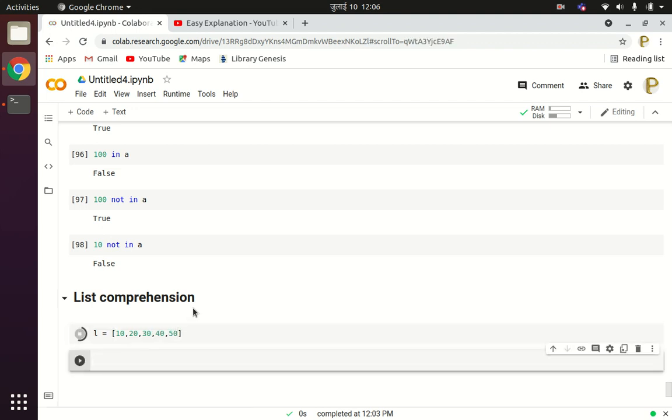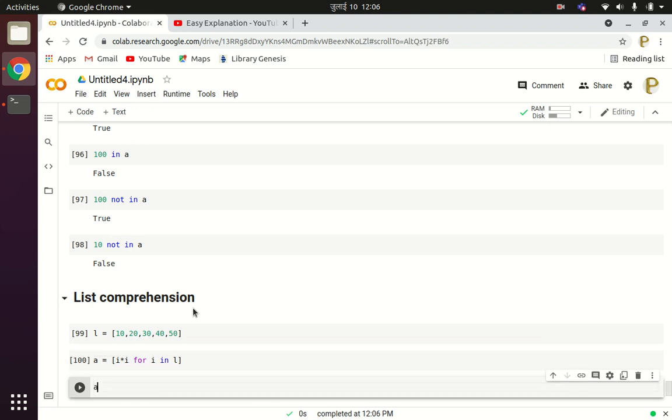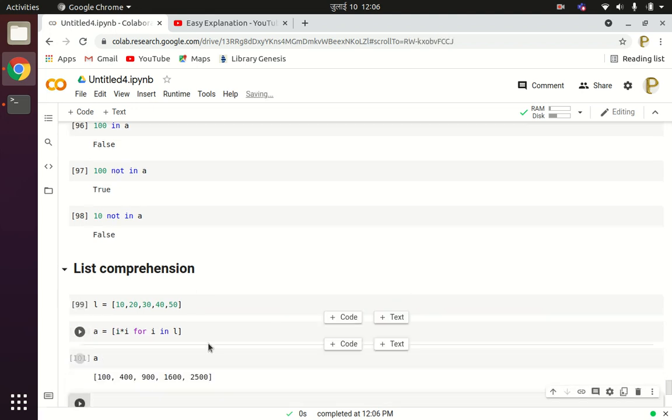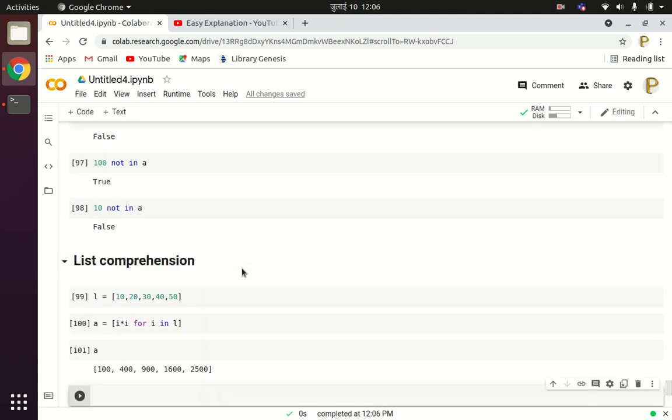You can comprehend the for loop and write something like this: A equals to, for i in L, i into i. If you see the values, i into i will return the square of all these elements of the given list L. So in this way you can perform list comprehension in Python programming language.